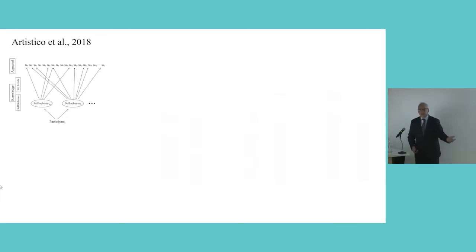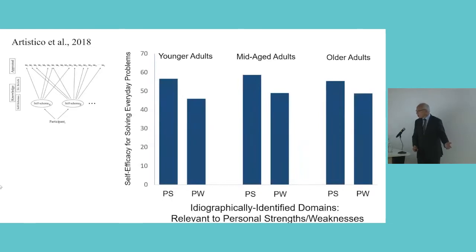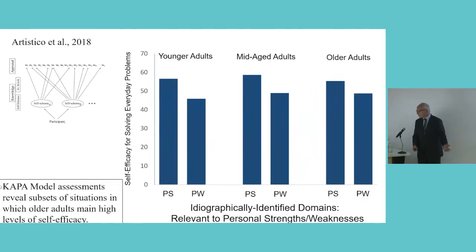The implication usually is for older adults that there's just a decline in what older adults are able to do. But if you identify, and there is for a bunch of other items like, your computer is broken, try to fix it. But if you identify subsets of situations that younger adults, middle-aged adults, and older adults all say are relevant to my personal strengths and weaknesses, I care about these, then it looks like nothing happened in the study,